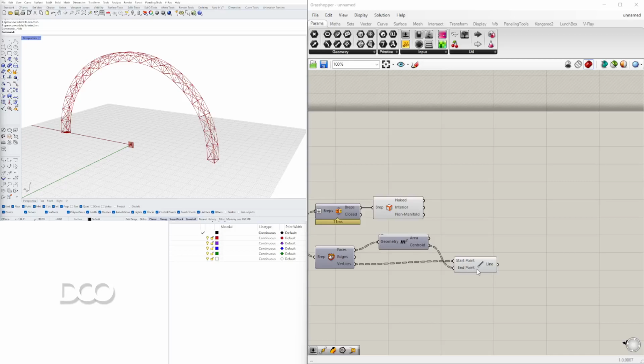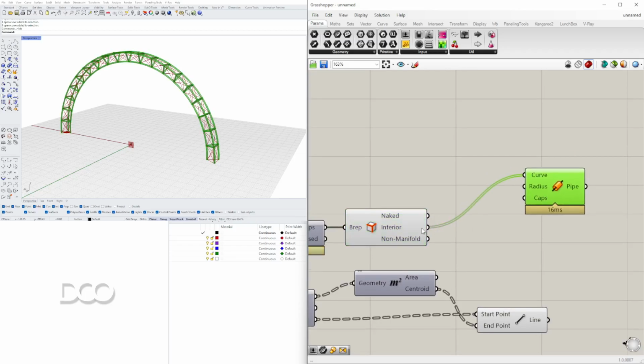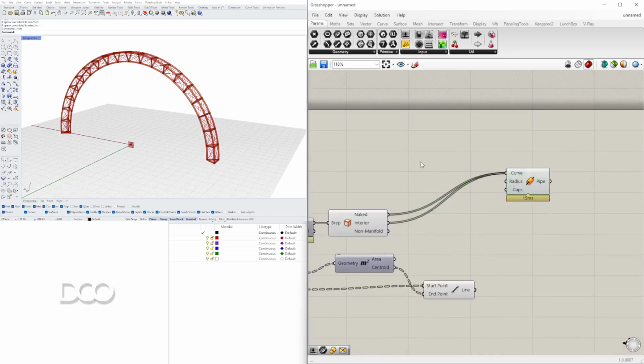For this next portion, now that we have these two, let's plug those into a pipe component. This way we can see what it looks like when it has a bit of some structure to it. So let's go here to pipe. I'll plug those interior ones into the input and also the naked one. The naked ones are going to be the ones on the outside, and the interior ones will be the ones on the inside. We can have this with two different sizes, so we can say 1.5